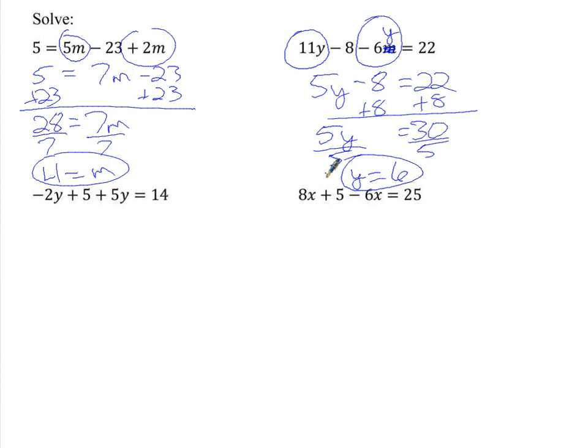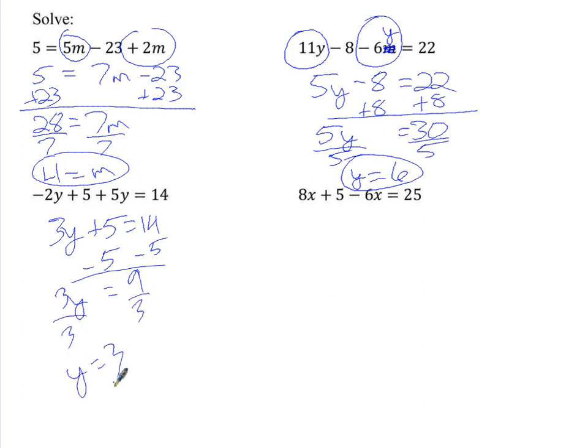All right, go ahead and try the next two. There are no typos in that one, so you can solve these two problems. All right, we see like terms here. What are my like terms? The negative 2y and the 5y. Those will combine to give me 3y. Finish off the equation. Okay, now what? Subtract 5 from both sides, and we get 3y equals 9, nice, and divide by 3,